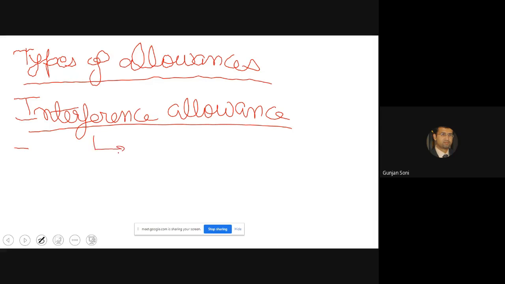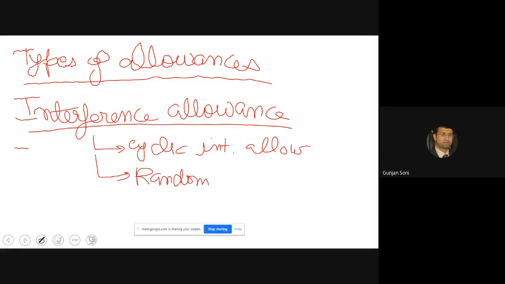So we can basically say cyclic interference allowance, and the other one could be random interference allowance. Then we have special allowances.